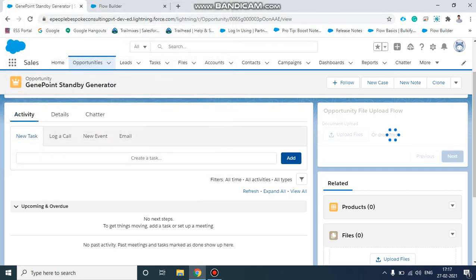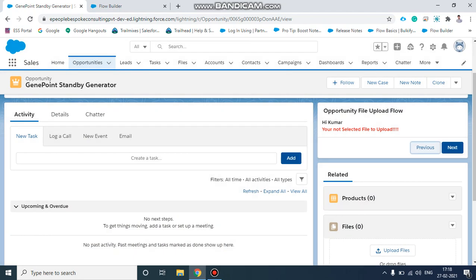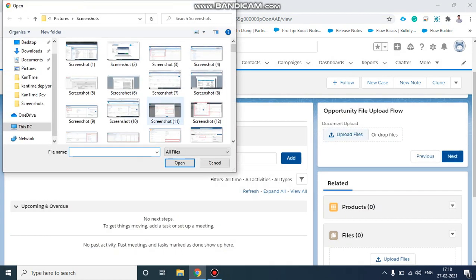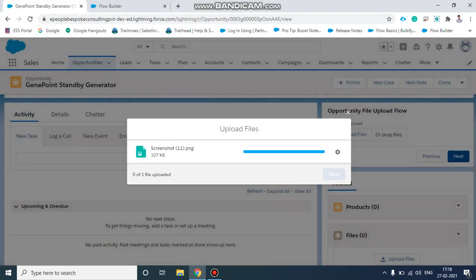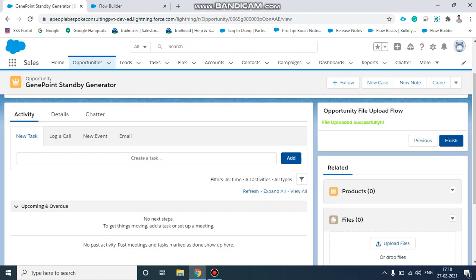Click on next. Wait, sorry, I clicked next without selecting. Okay, now I will select one of the files. After it's done, I will click on next. File uploaded successfully. Finish.